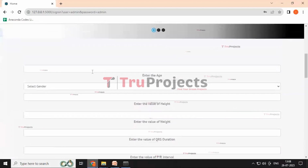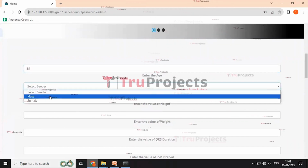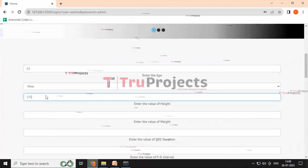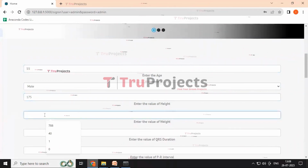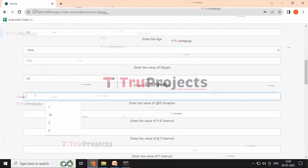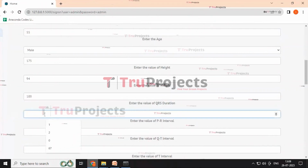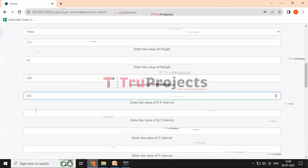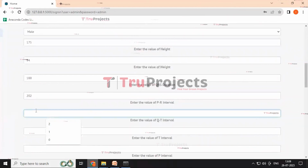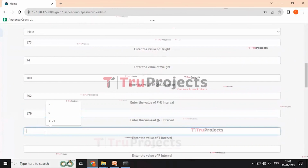I am entering the age as 55 and selecting gender as male and entering the value of height as 175 and the value of weight as 94 and entering the value of QRS duration as 100 and the value of PR interval as 202 and the value of QT interval as 179 and the value of T interval that is 143